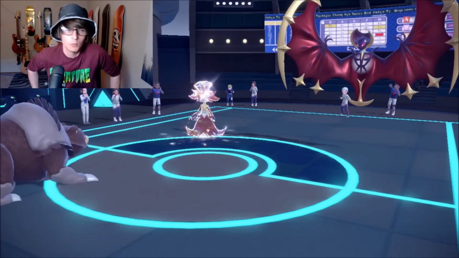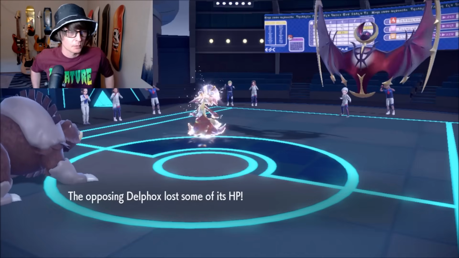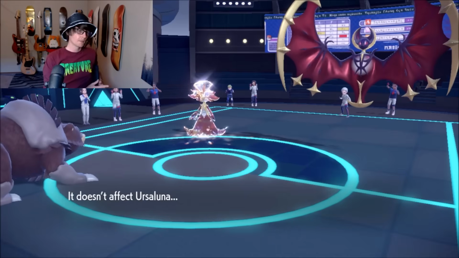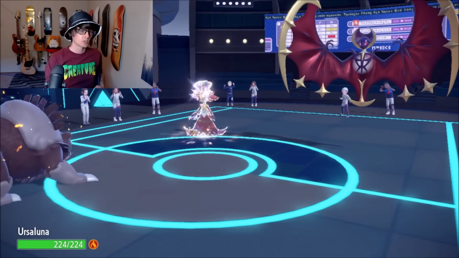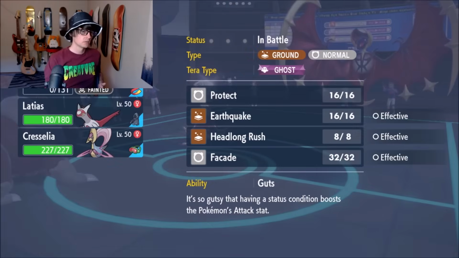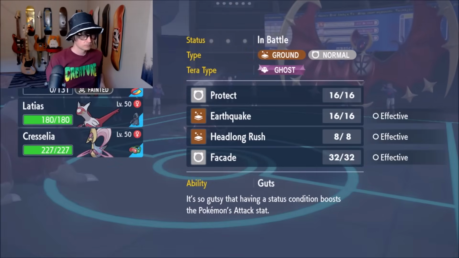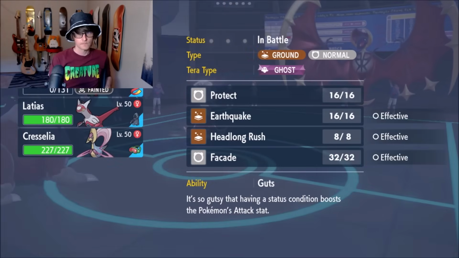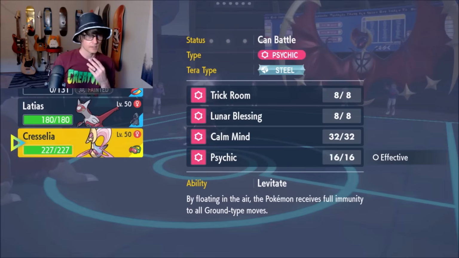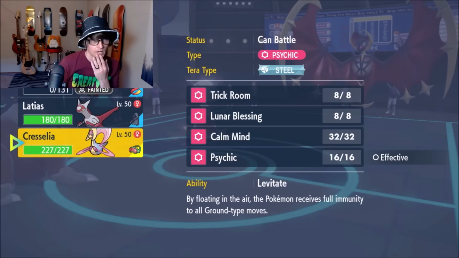Why didn't you Terra your Lunala? I don't get that. Of course, he's Moongeist Beam. He's Life Orb Delphox. Okay. So it means the Koraidon's probably Clear Amulet, which means we need to find a way to have value with Ursa here. I can live the Moongeist Beam if I...